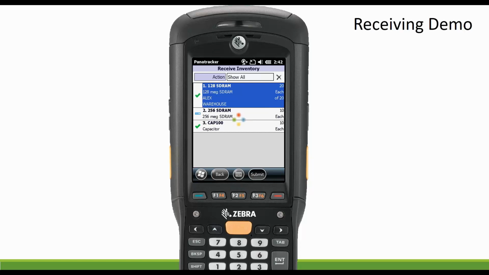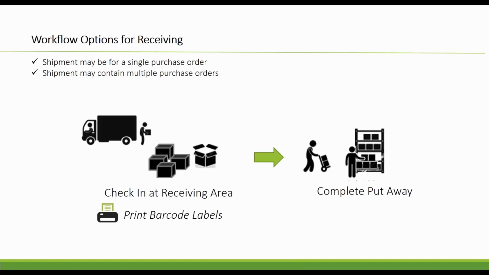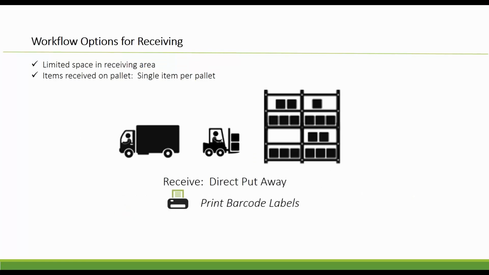here, and then it pops up this message confirming that we've submitted that transaction. Shows us our transaction code. So that happens right there. Now let's jump back over here and look at some of our workflow options for receiving. What we did here is we received our inventory right into the warehouse. If a user is using multiple bins, they may